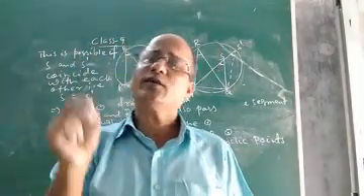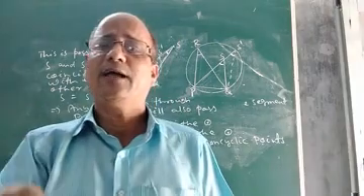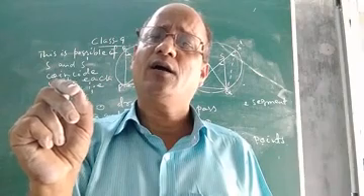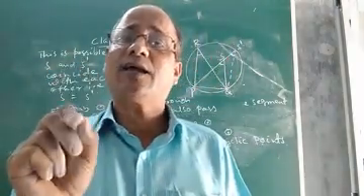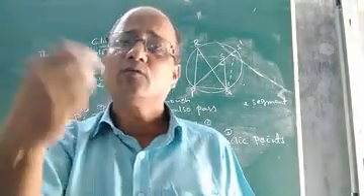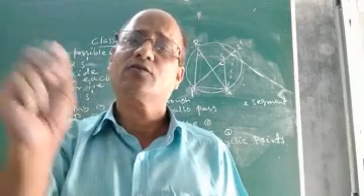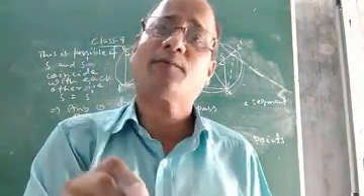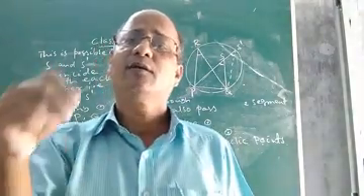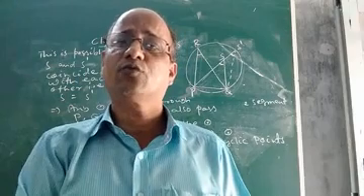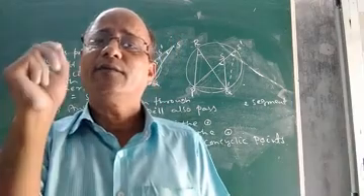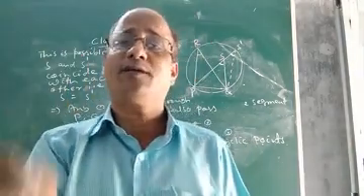So children, with this we came to the end of theorem 10.10, and in the next class we are going to discuss the last part of this chapter, circle, that is cyclic quadrilateral. What is the concept? What are some important properties of cyclic quadrilateral? We will discuss in terms of different theorems, so that the chapter circle will come to an end. After the chapter is completed, then I will discuss the exercise questions from NCERT exemplar and other reference books. Children, I hope whatever I discussed in theorem 10.10, giving the concept of concyclic points, you must have understood.